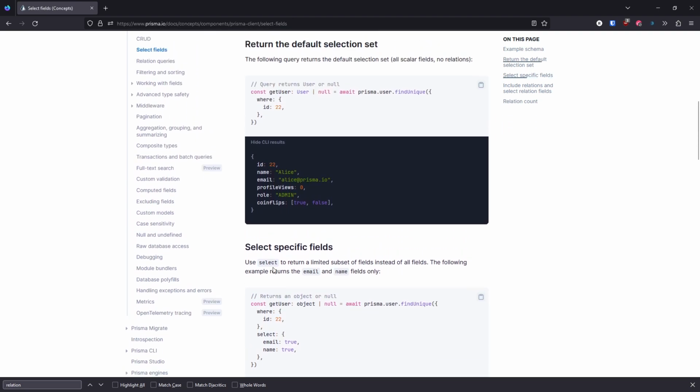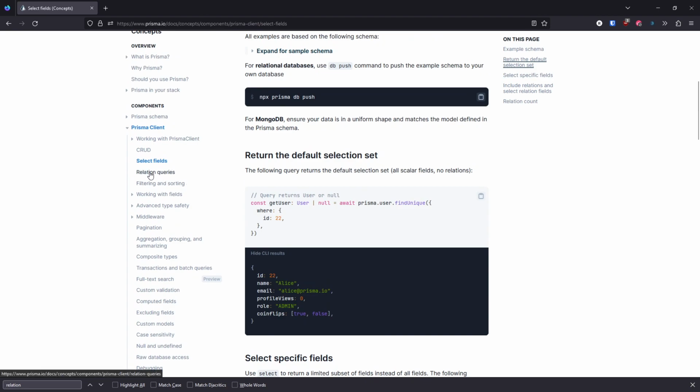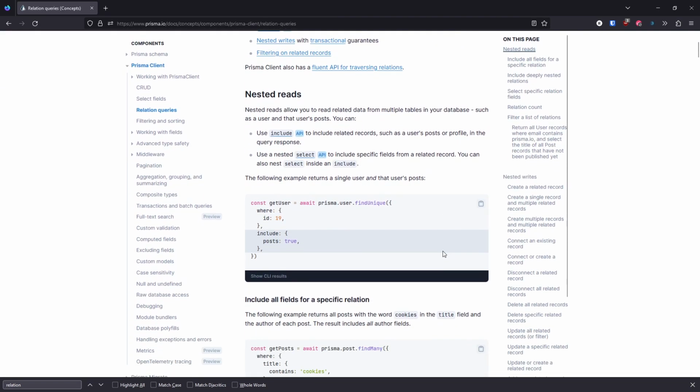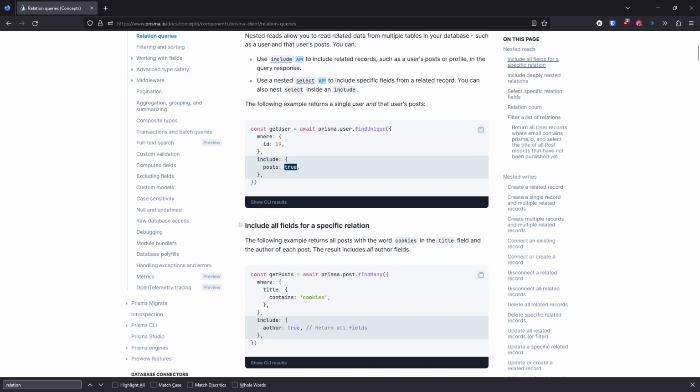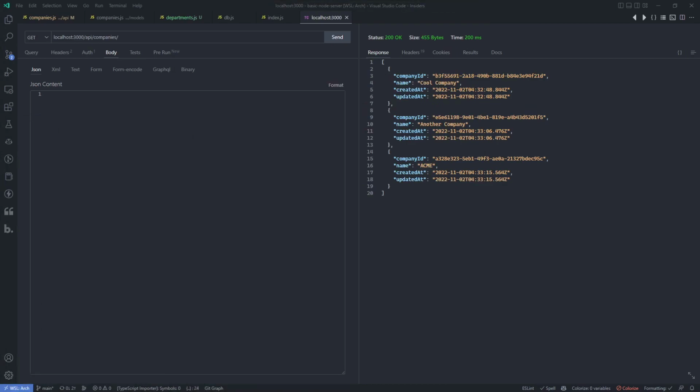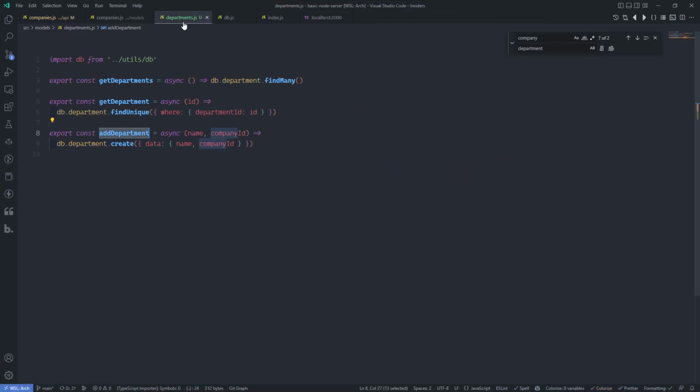But no, it's not what we're looking at. We're actually looking at relationship queries. And it's something really cool: whenever we find something, we just add include and the name of the relationship there as true. And that's it. So we should be able to, and I didn't try this yet, but we should be able to get the departments, plural as it is. But the unique one, we can actually